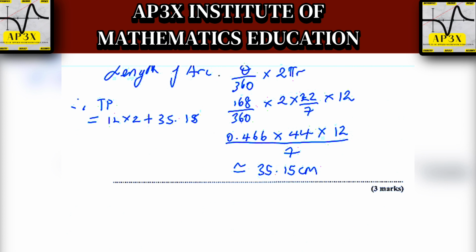So 35.15 plus 12 plus 12, and we worked out that the total perimeter around this shape here is in fact 59.15